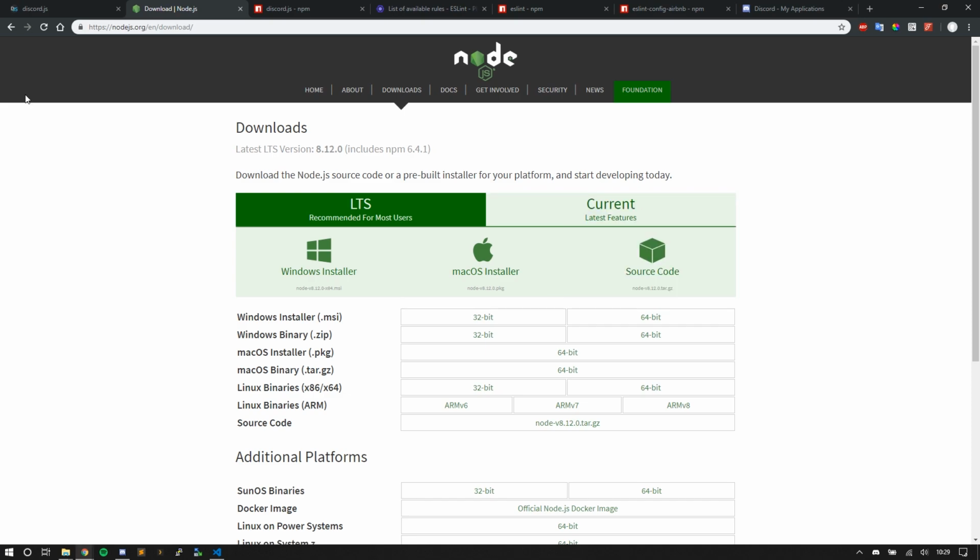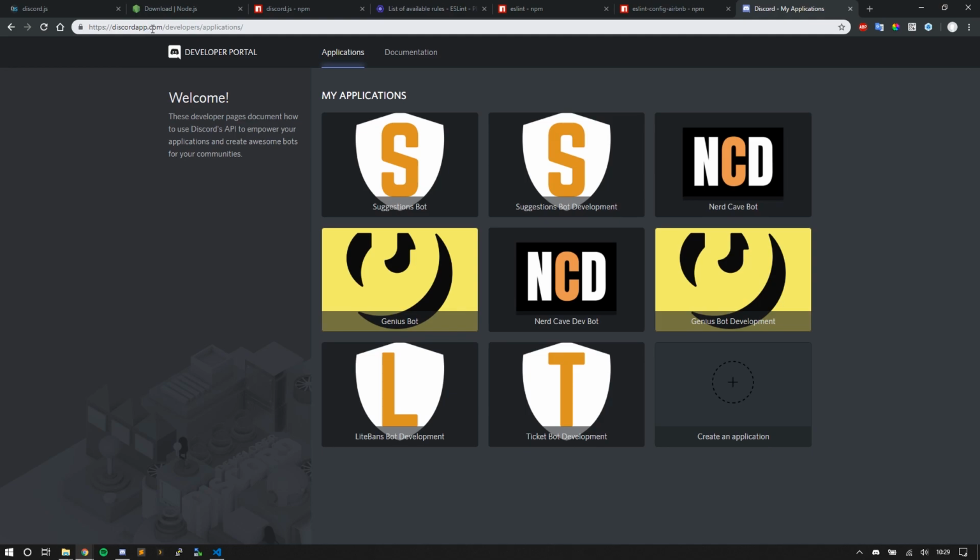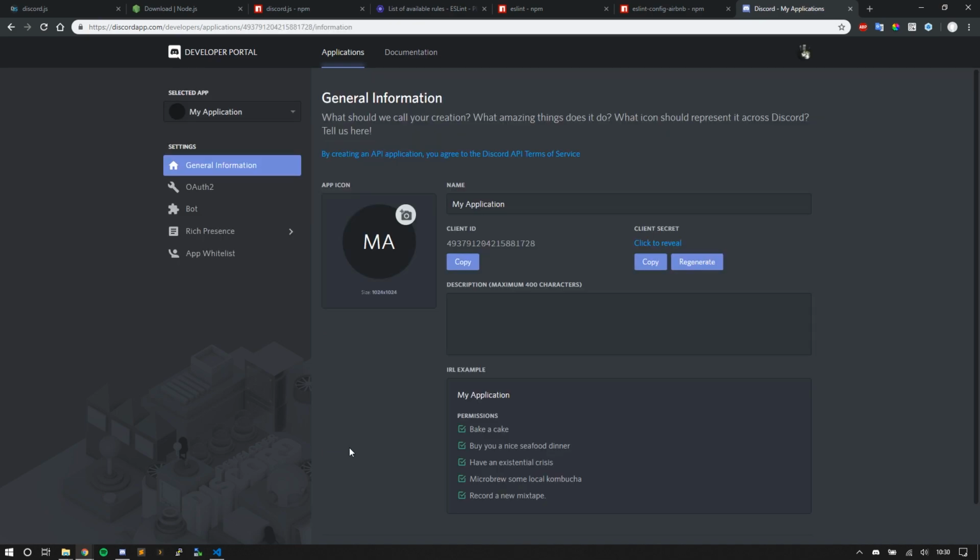Now I'm going to talk about heading over and creating the bot, because once you have Node installed, you're going to want to create an application. You can go to discordapp.com/developers, the developer portal, and here you can access all your bots. What you want to do is click create application. I thought about this, and I think I'm going to call the bot Lincoln.